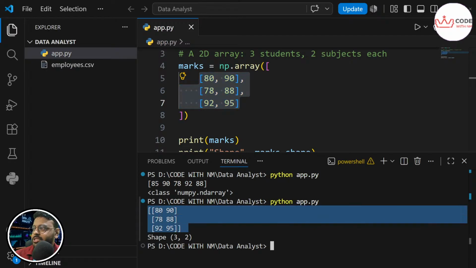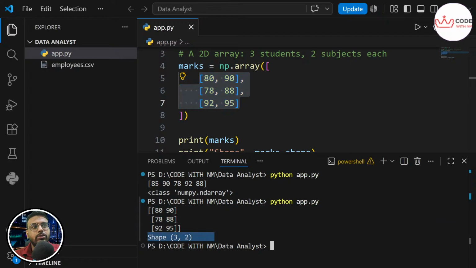But if you see the shape, now what is shape? So many times in the real world, you are working with millions and millions of data,